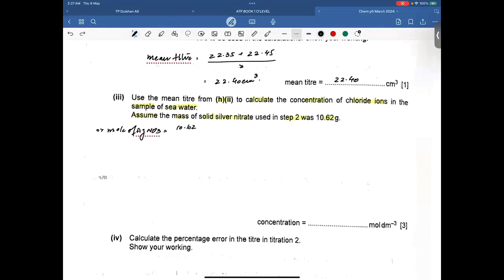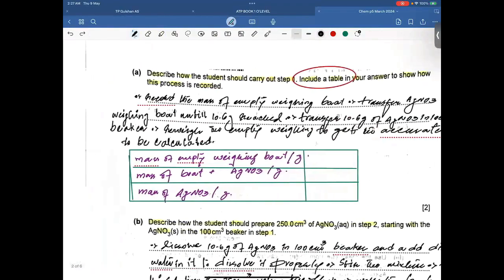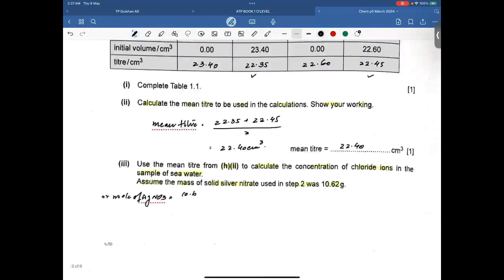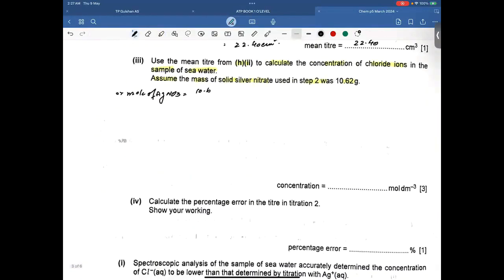Oh no, 10.6. I think 10.6. That was 10.6 gram. Okay, not 10.62. So 10.6 divided by the Mr of silver nitrate, which is going to be 170. So I believe 0.0624 moles of silver nitrate